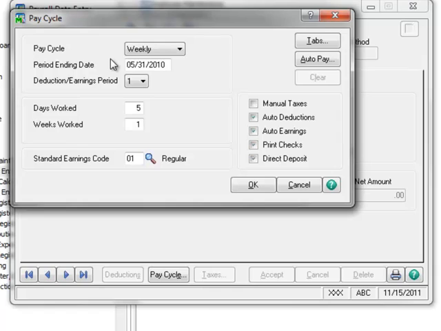Now continuing on, for days worked, we'll enter -5, and for weeks worked, we'll enter -1. This will reverse the day and week totals for the employee since we're reversing the original check. Moving to manual taxes, we'll enable this so that we can reverse the exact taxes deducted on the original check. This is helpful if the employee has reached taxable limits or made changes to their tax status after the original